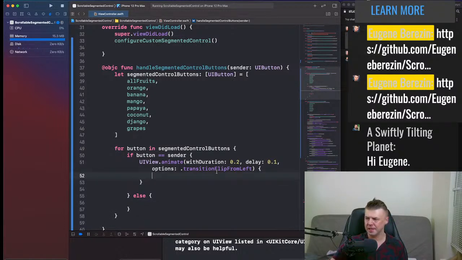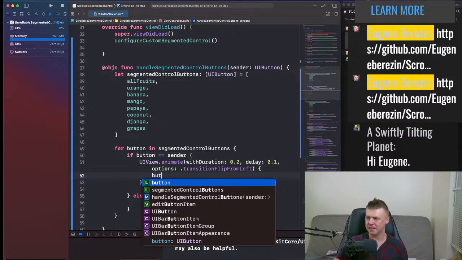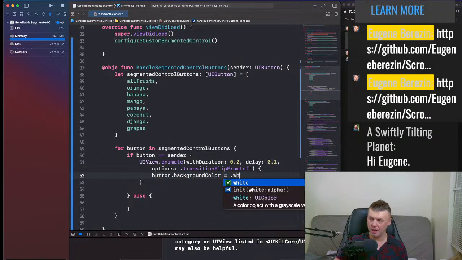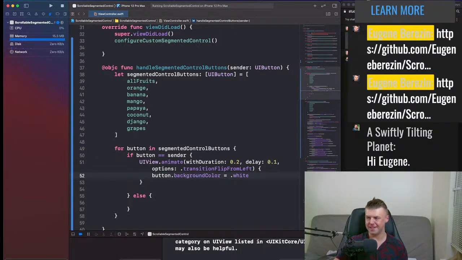So, and what we're going to animate here is a button background color equals white,